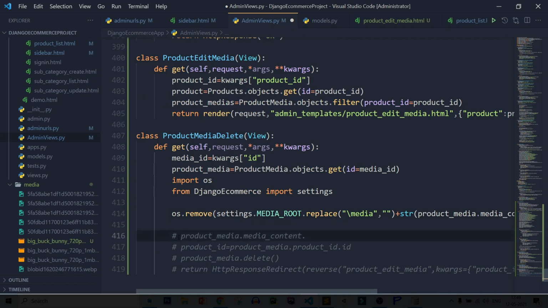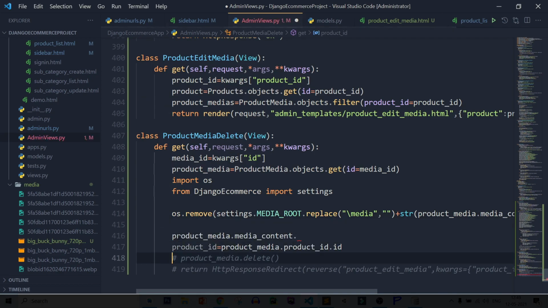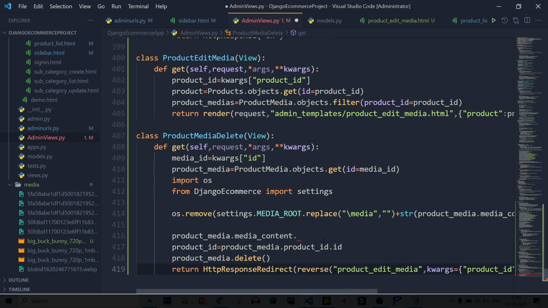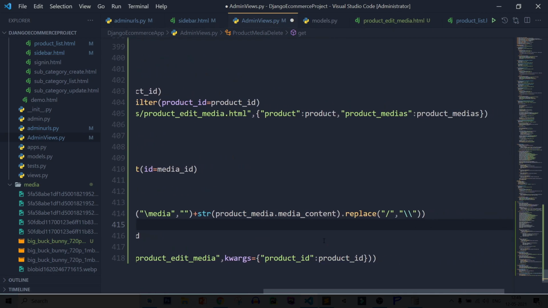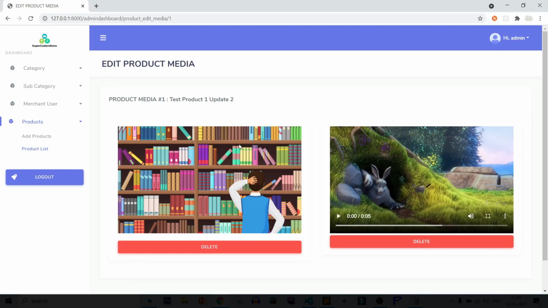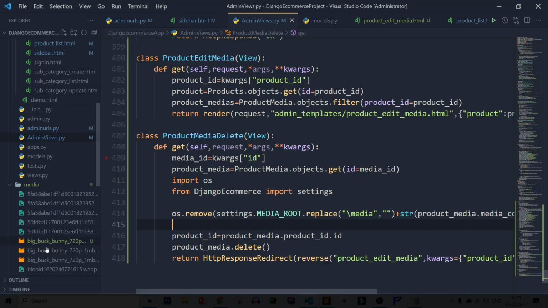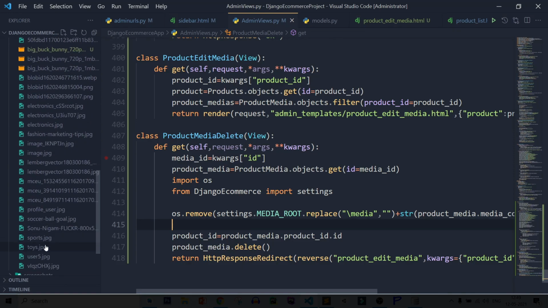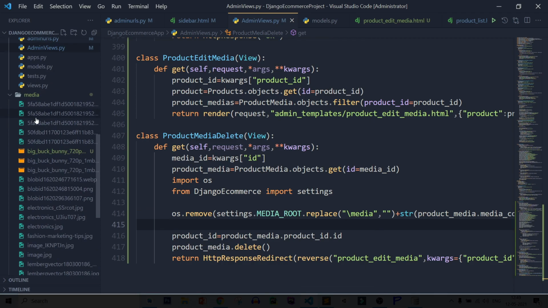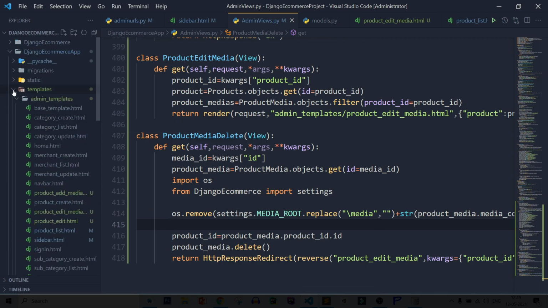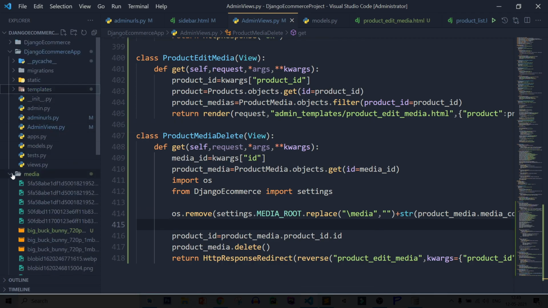After that, uncomment the code, remove it, save this file, refresh page, and you can see our item has been deleted, and if you check here, our profile pic, which is default profile, is deleted. So it is working perfect. So in this way you can delete the media file of our model.